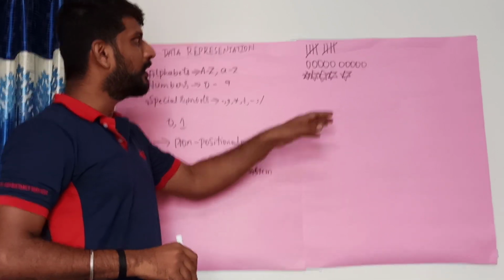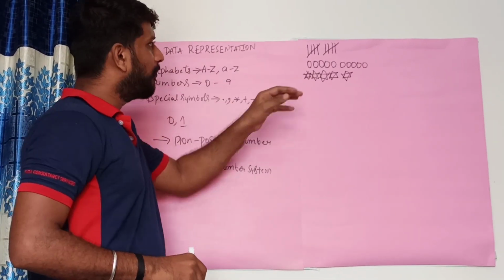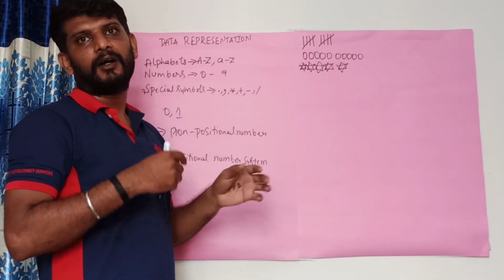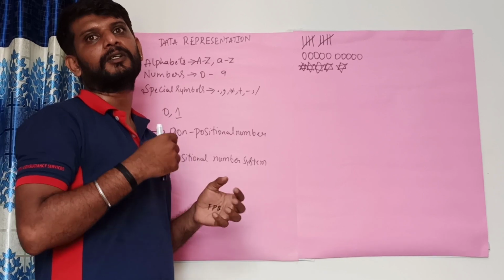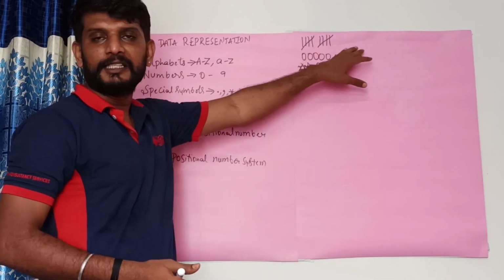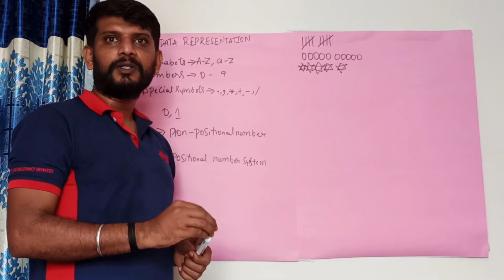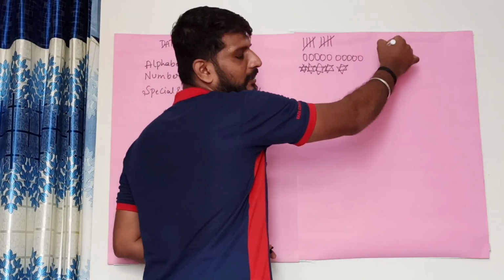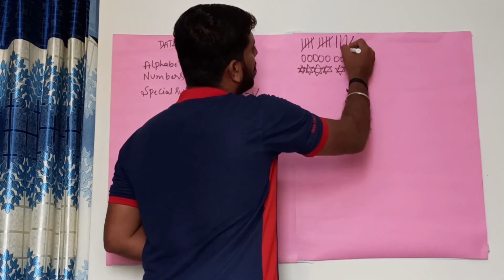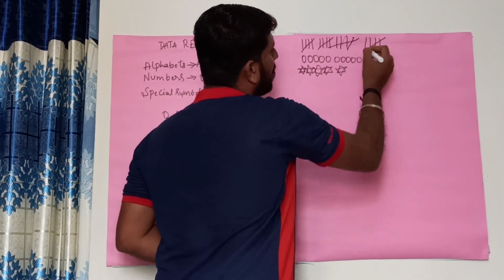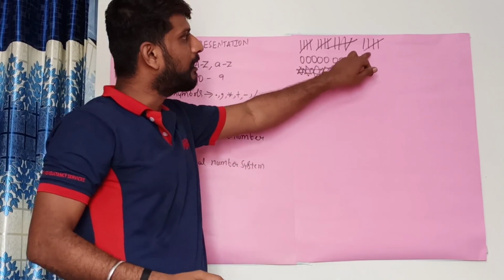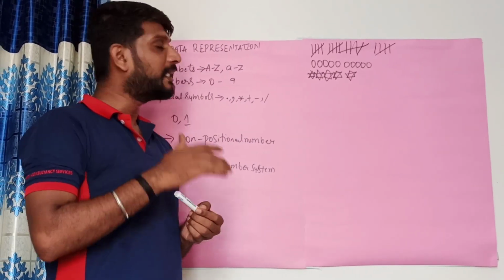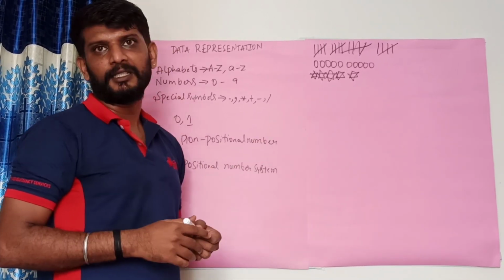What is the disadvantage of this particular thing? Whenever you want to count a smaller number, let us consider 10 things or else 20 things, you can easily write it. Suppose you want to count 1000 items. Then you have to keep on writing like this, and these kinds of symbols need to be used 1000 times. So that is one of the disadvantages of using the non-positional number system.